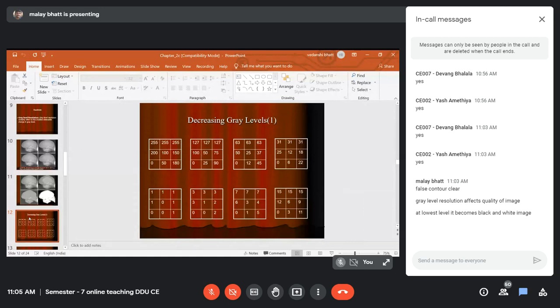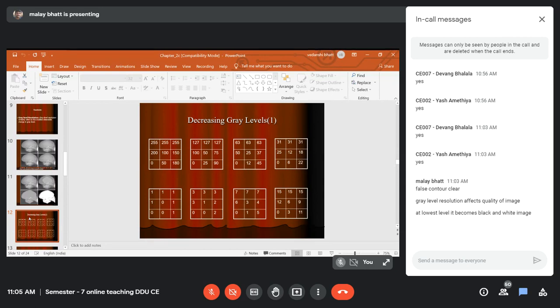What I am doing here is dividing the image by 2. So 255 will be converted to 127. That's how you will get the first row. 200 will be converted to 100, 100 to 50, 150 to 75, 0 as it is, 50 to 25, and 180 to 90.